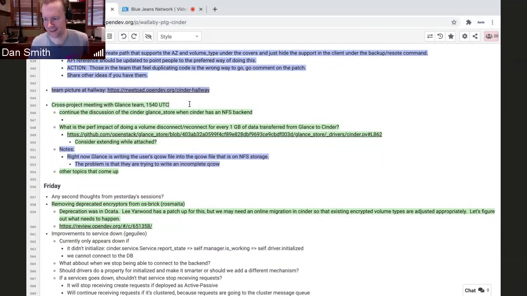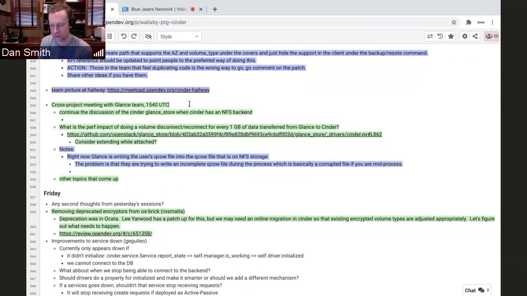So I guess Jay summarized this. The point is, I guess, to get Eric to tell us whether that is right or wrong, because it seems like, based on what we were talking about with Gorka, that there's a layering violation going on there, where we're mixing the use of a volume that happens to have QCOW data in it with the backing store of the volume, which happens to be a QCOW file on disk. And whether or not.